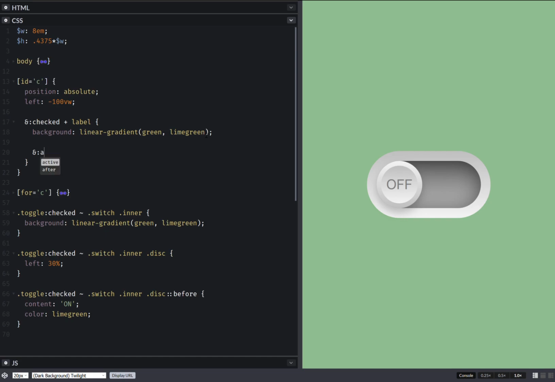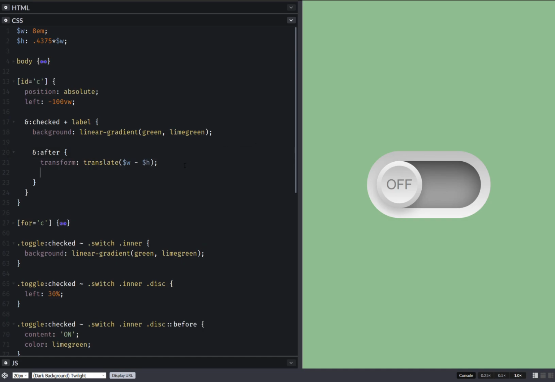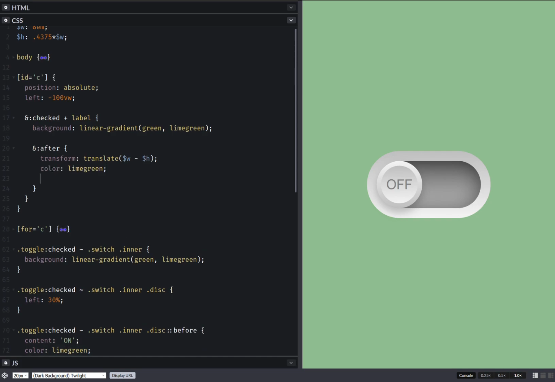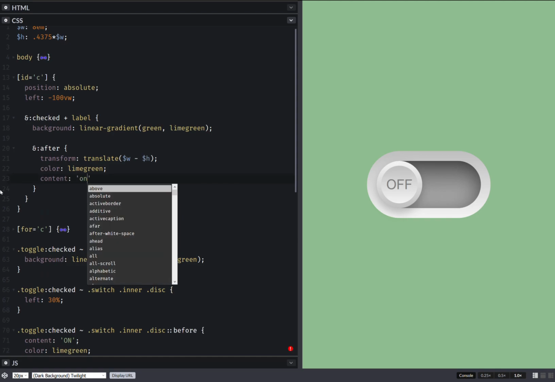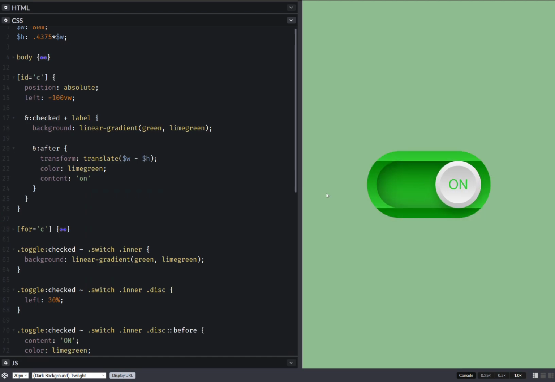Now the after, we have transform, and what we have here is the width minus the height. Okay, and then we just have the color change and the content to on. And now we'll be seeing, okay, yeah,